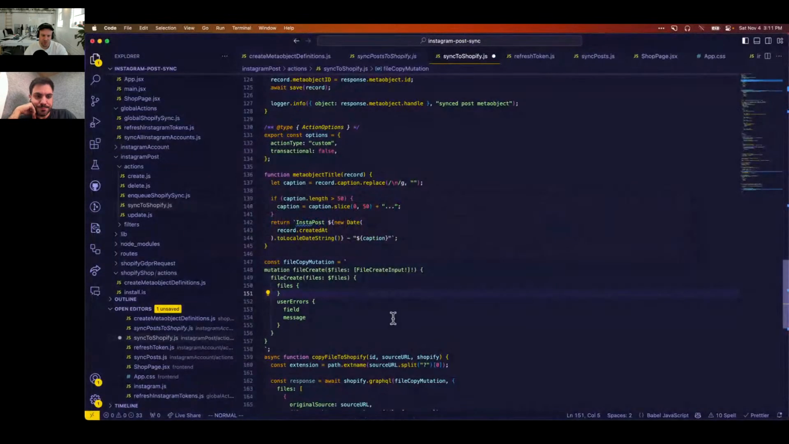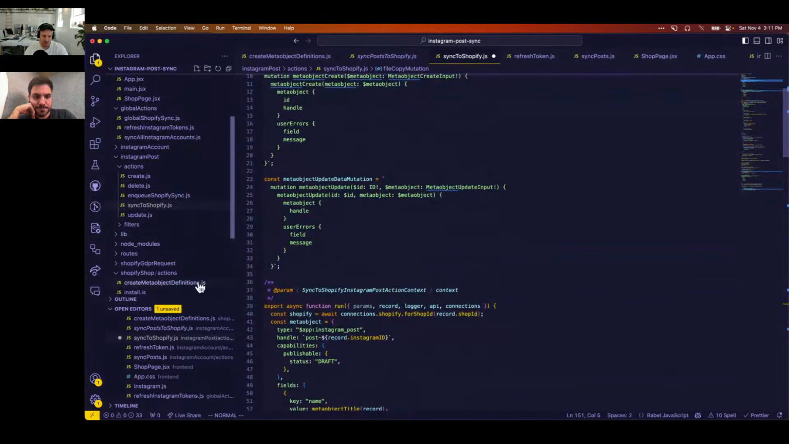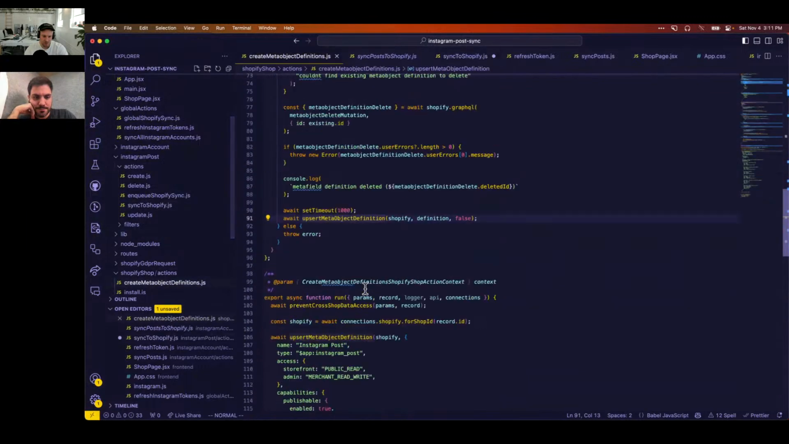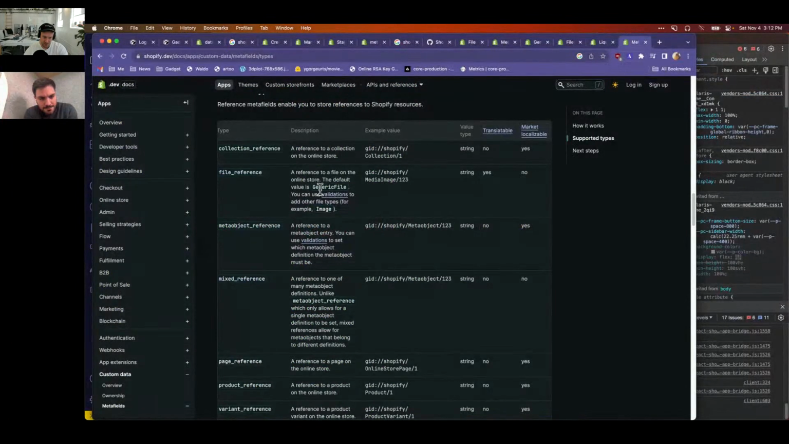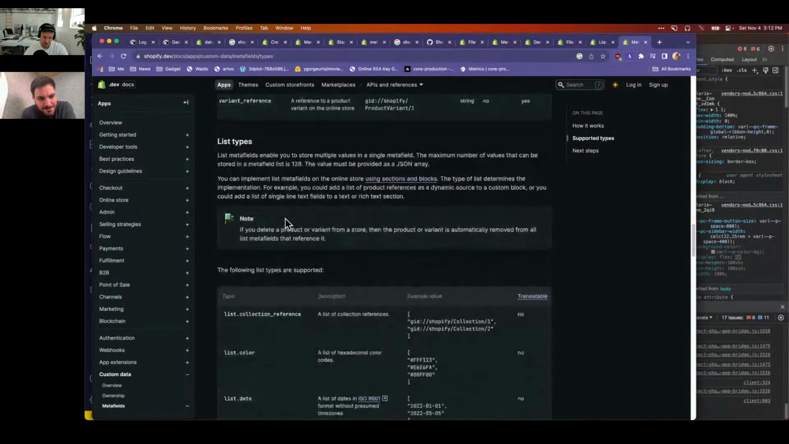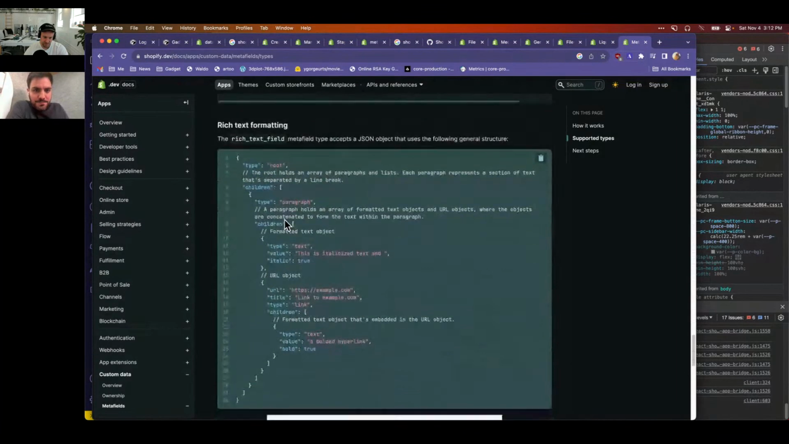Okay. I'm going to be brave and try to do it this way. So instead of the media URL being a URL type to a Gadget hosted URL, we're going to do a file reference. And maybe I'll just call this media instead. And then when I go to populate that,